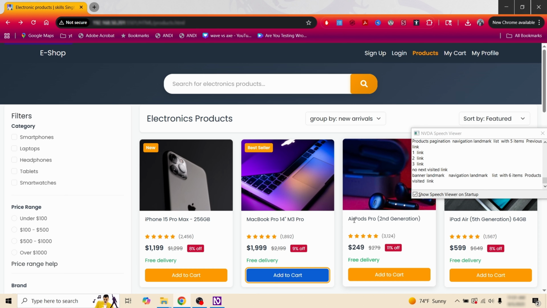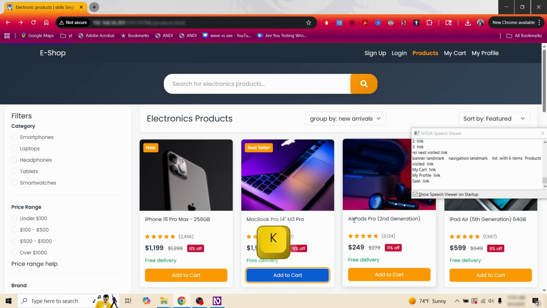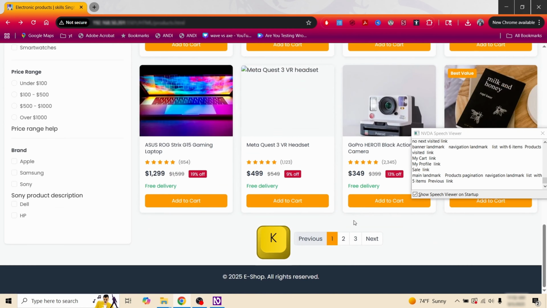Again, a good information for a screen reader user to differentiate between unvisited and visited. But what if you want to jump from one link to another, no matter whether it's visited or not? You press K. My cart link, my profile link, sale link, main landmark products pagination navigation landmark list with 5